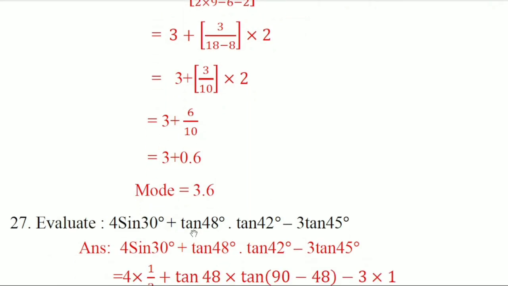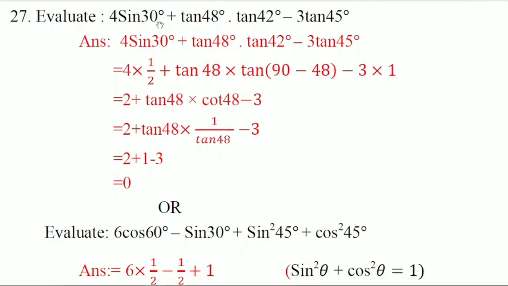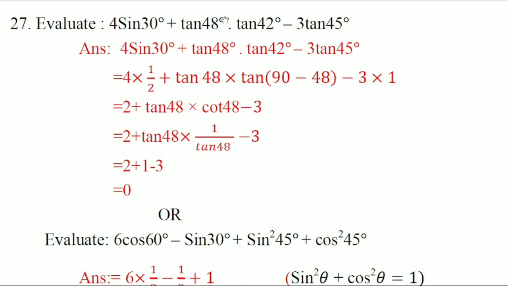27th question. Evaluate 4 sine 30 plus tan 48 into tan 42 degree minus 3 tan 45. So if you know the trigonometry table, it is very easy to find out the solution, because we just have to substitute the value, that's it. So write the question. 4 sine 30 degree plus tan 48 degree into tan 42 degree minus 3 tan 45